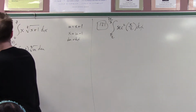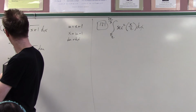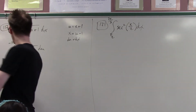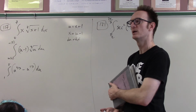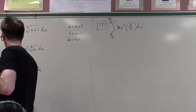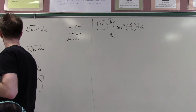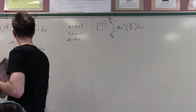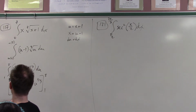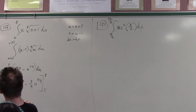So what is u of 0? u of 0 is 1, and what is u of 7? It's 8. So I've changed the limits from 1 to 8, and now this becomes u to the 4/3 minus u to the 1/3. And when you write it like that, this is a relatively straightforward integration problem. You just have to be able to anti-differentiate this, and we all know how. Upping the power gives you 7/3, and so this is 3/7 u to the 7/3 minus 4/3 u to the 4/3. 3/4, 3/4. What happened? That should be 3/4. Woo! And then I evaluated at 8 and 1. And I guess these work out nicely, right? Because what I end up with is 3/7 times 2 to the 7th, so that's 128 minus 1